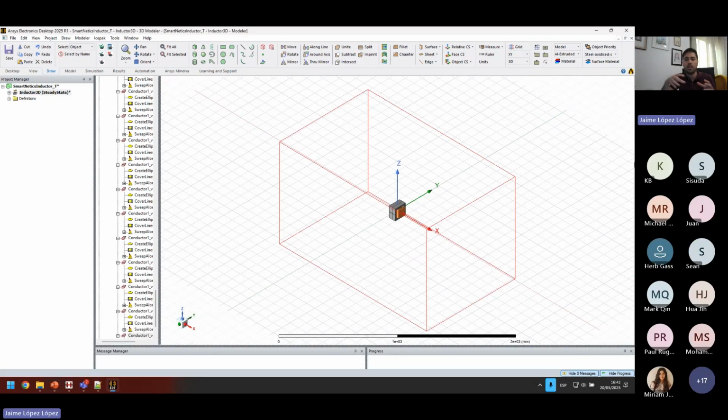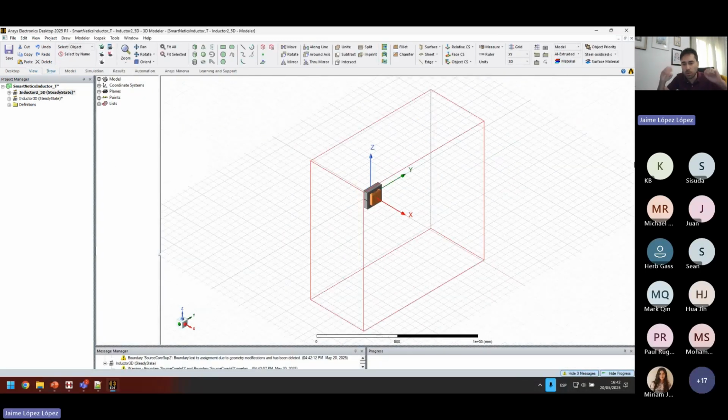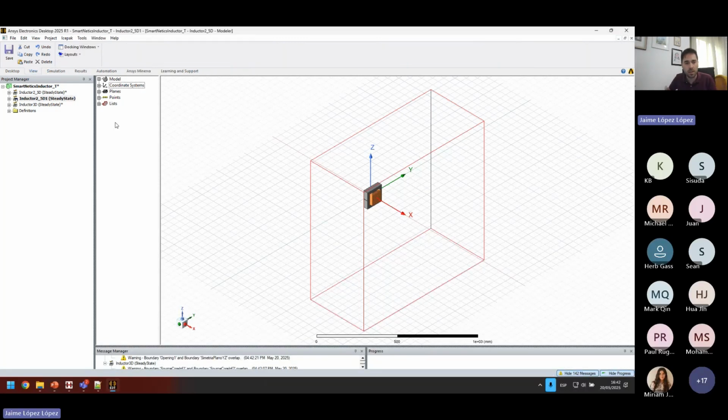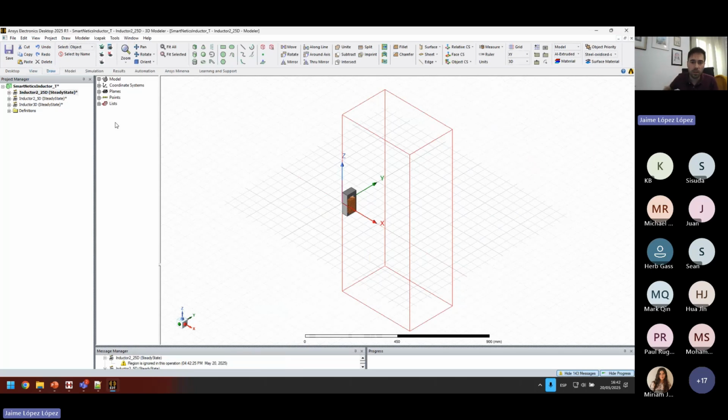The good thing about this is the user doesn't have to know how to use ANSYS. They don't even have to know how to build the geometry or how to import the perturbations or how to define anything. Everything is done by the tool. And as you can see, we provide access to every step of the process. We have already generated the 3D model. Now it has sliced the model in two and now in fourth. So you have access to every little step of the process.